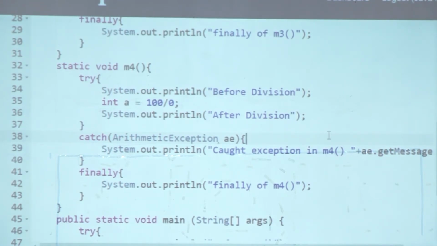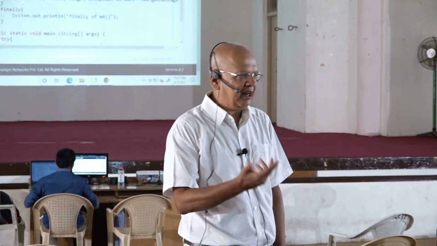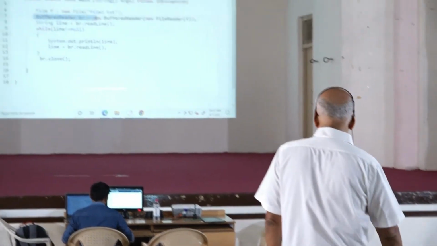Yeah, file not found is an example of a checked exception. Anything to do with IO is a checked exception. There are many checked exceptions. As I said, there are many more checked exceptions than unchecked exceptions. So one exception we are going to use is file, do something with a file and therefore trigger that exception.